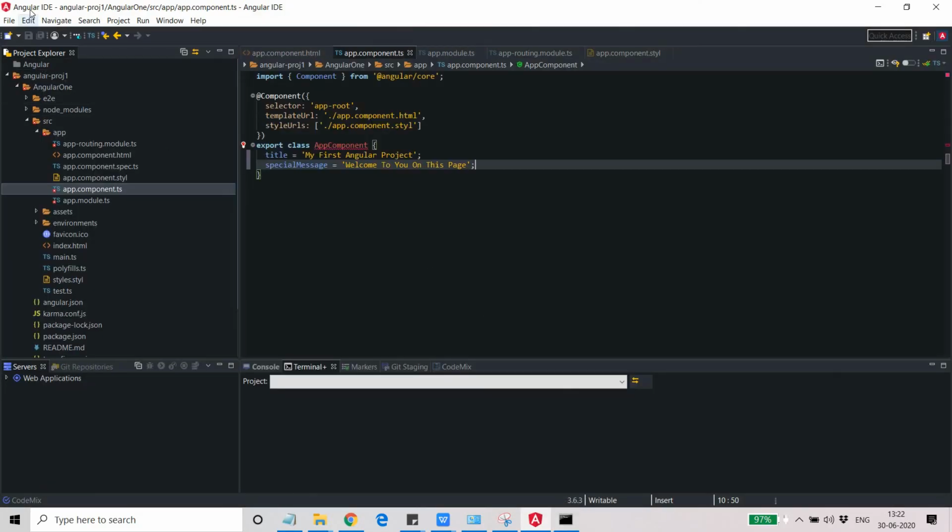This is my IDE, which is Angular IDE. You can buy this, or you can have an evaluation version for 30 days. So you can opt for anything, and in fact I will tell you how you can use the Angular IDE and how you can use the Visual Studio IDE, both to open the Angular projects.